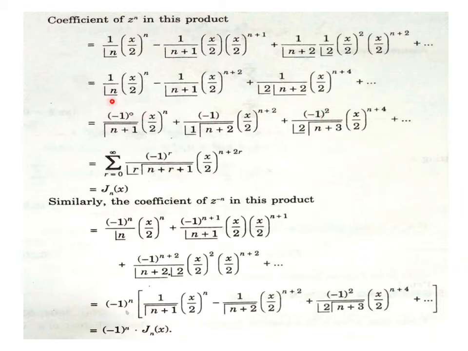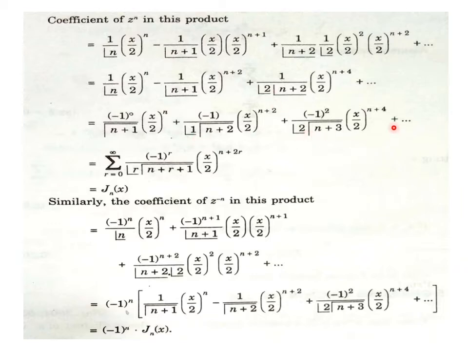Factorial n is written as gamma n plus 1. As we know, n is an integer, so it's possible to express it like that. N is a natural number, that's why it's possible. And gamma n plus 2 is written in place of factorial n plus 1, gamma n plus 3 in place of factorial n plus 2. Then factorial 1 means 1 is obviously multiplied with any term, then factorial 2 is there, etc.